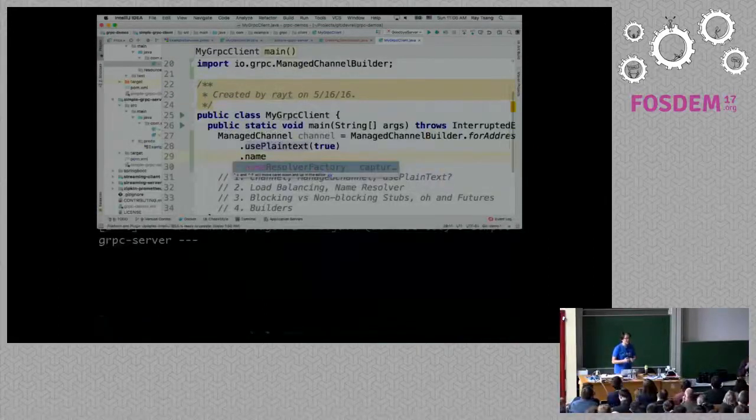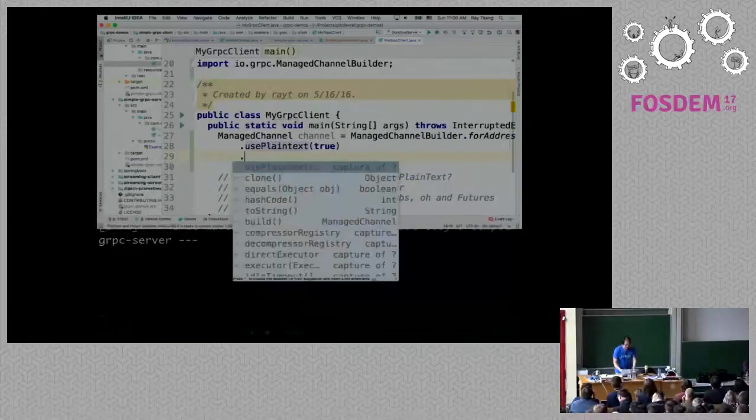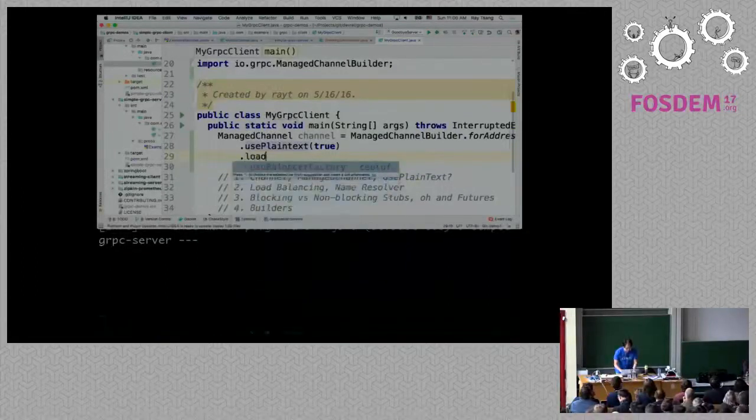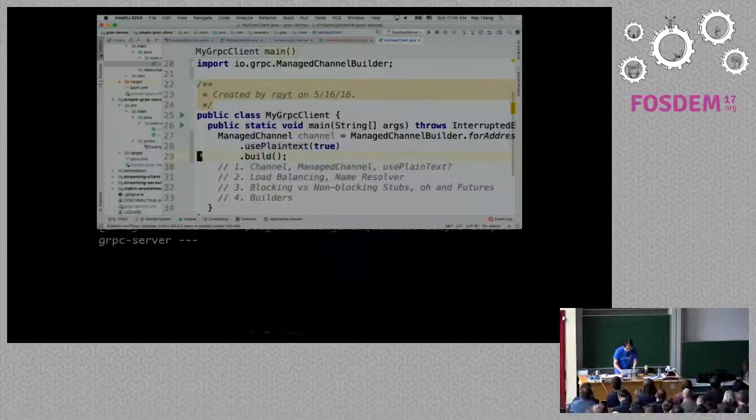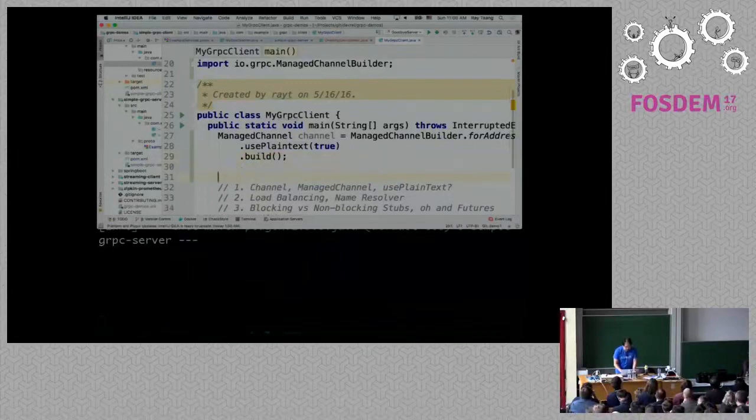One is called the name resolver, basically helping you to give a service name and identify and return a list of endpoints that the service is being served from. And on the client side, you can then set up a load balancer factory to load balance across the list of endpoints. And you can provide your own load balancing strategy, or you can use the default one, which is more like a round-robin strategy.